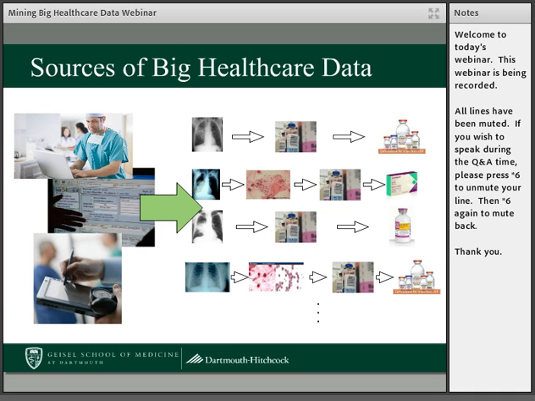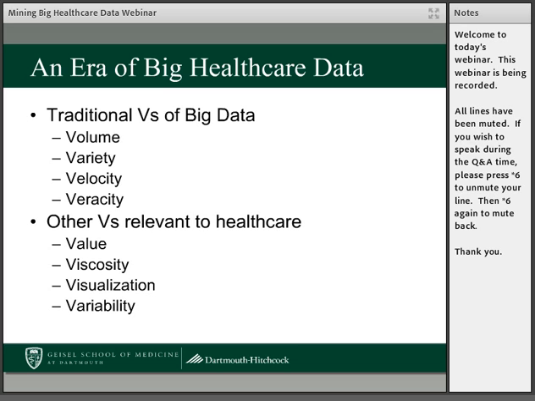Although we're seeing this information here in a graphic form, the data is quite different in different settings. Information might be collected as coded information, like ICD-9 codes. It might be collected in text. It might include images, reports, and so forth. So we have a huge variety of information that we're gathering right now, which is our source of big data.